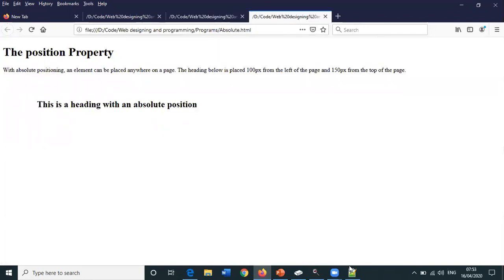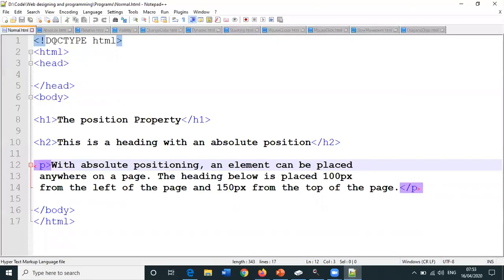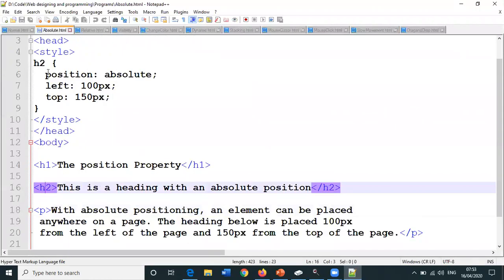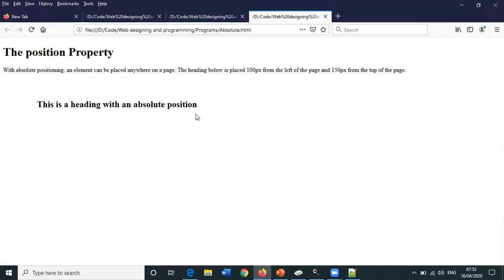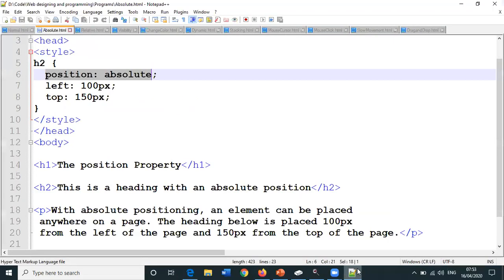Now in the program we have got absolute positioning. How did we specify absolute positioning? By using the attribute position. Position colon absolute. Now the respective output of this is, the H2, which was supposed to be the second one, is shifted over here, and then its place is occupied by the paragraph tag.